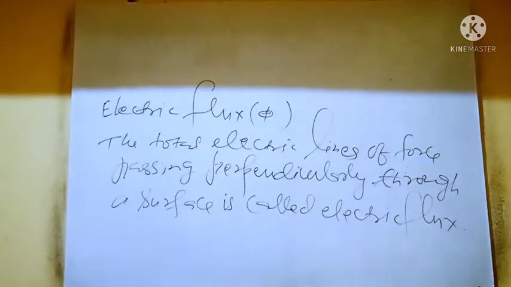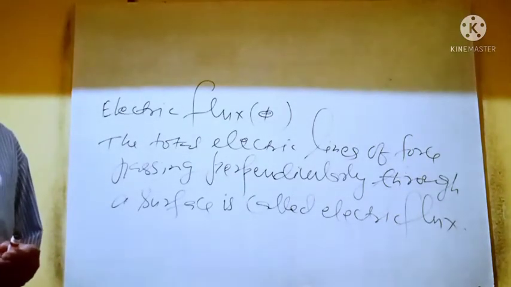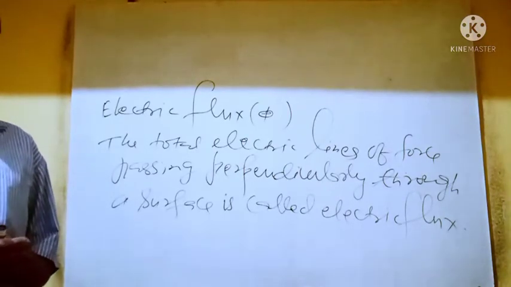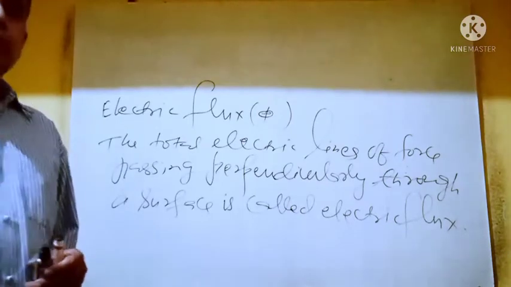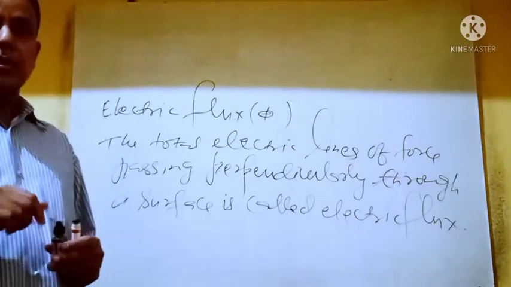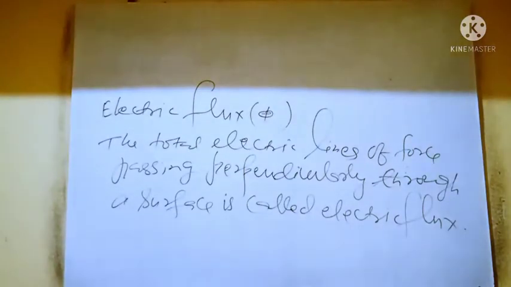Electric flux is a scalar quantity, electric field is a vector quantity, plane area is a vector quantity, curved area is a scalar quantity. Suppose there is a curved area, and how will we take the vector concept for that area? We will take the smallest area of that curved surface, and the smallest area will be plane, and then we will take the dot product with the electric field.